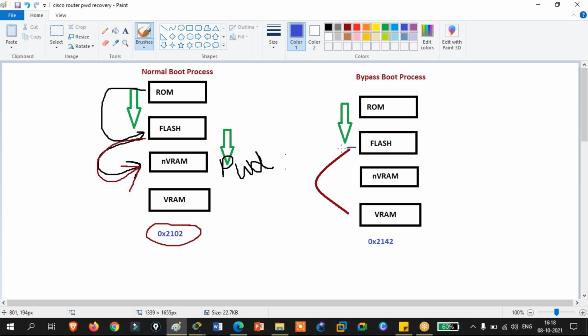From flash you directly want to load everything into the RAM, and everything means only the OS. So you want to skip your saved configurations. How to do that is by changing this value from 0x2102 to 0x2142. Is that clear what we need to do?